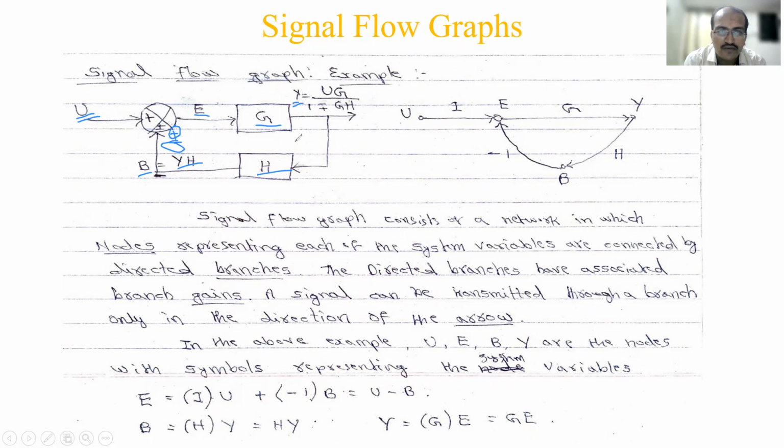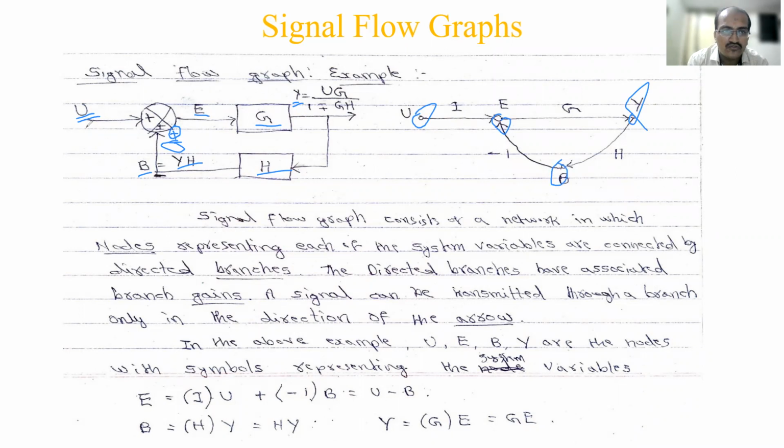Okay. So this is a block diagram you have seen. That's why you have taken this example. For this, if you write a signal flow graph, how does it look? Whatever points we have here, U, E, Y and B, we will represent as nodes. So see here, U, then E, then output Y, and then intermediate B. We'll show the different nodes like this.